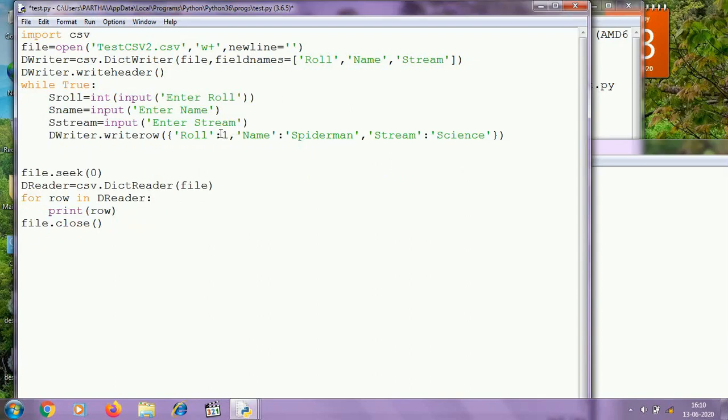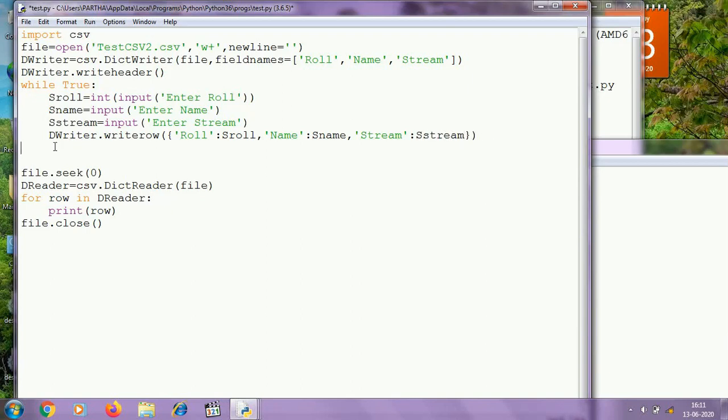Now here I am writing the dictionary, but I need to change the values. First roll is sRole, then name is sname, stream is sStream.